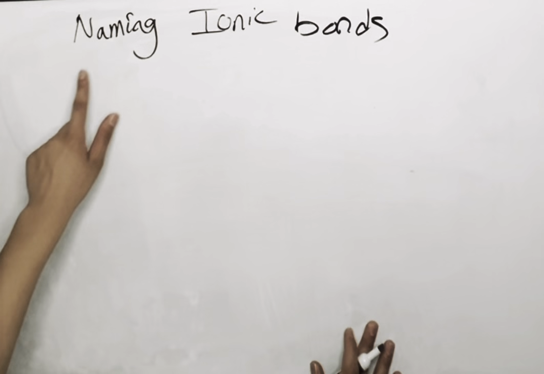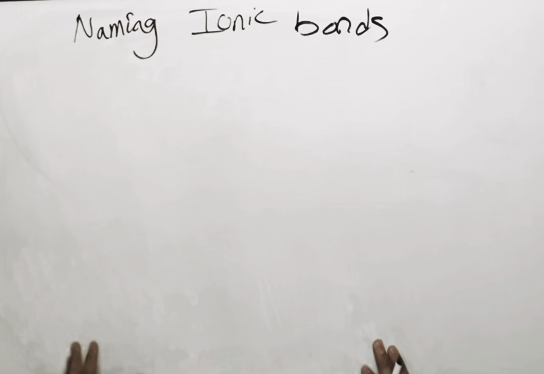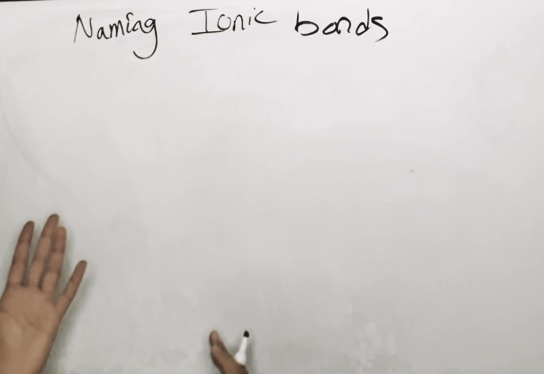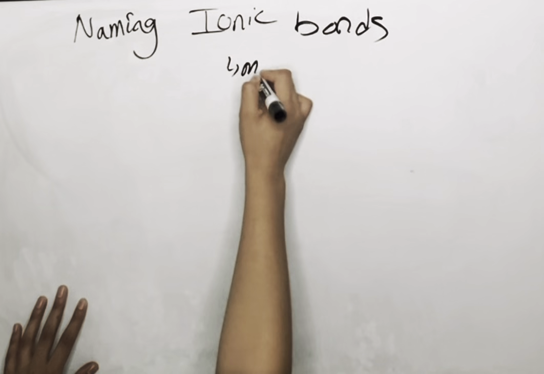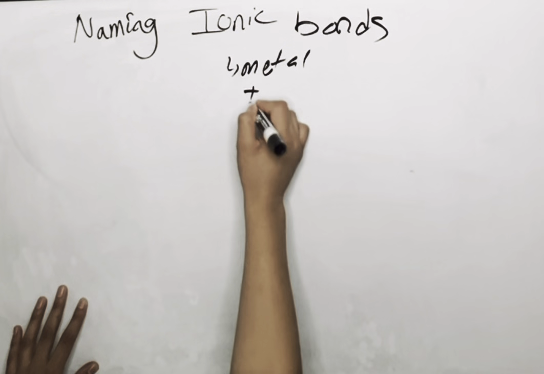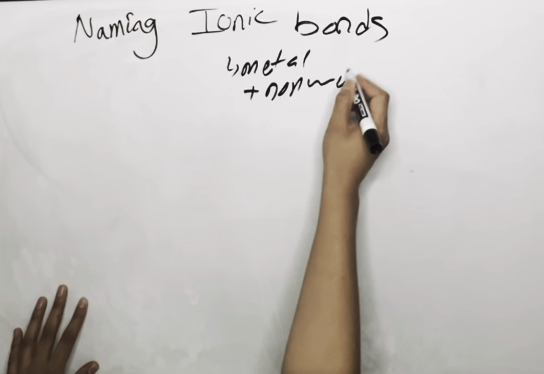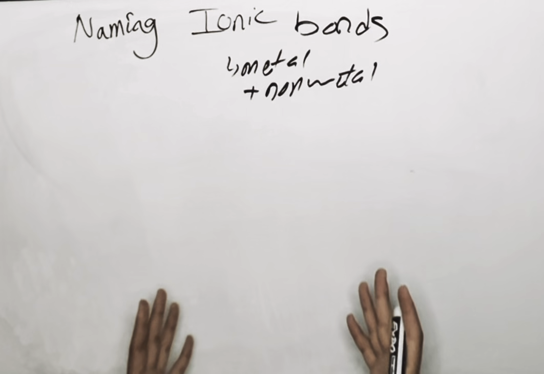Okay, in this video, we're going to talk about naming ionic bonds. And I first want to tell you what an ionic bond is. An ionic bond happens when we have a metal combined with a nonmetal. These are called ionic bonds